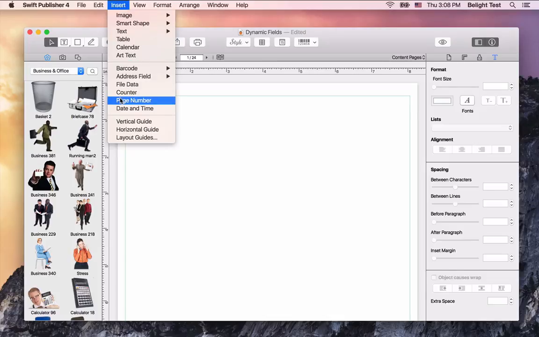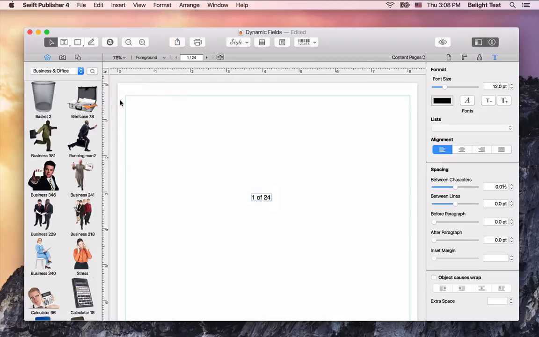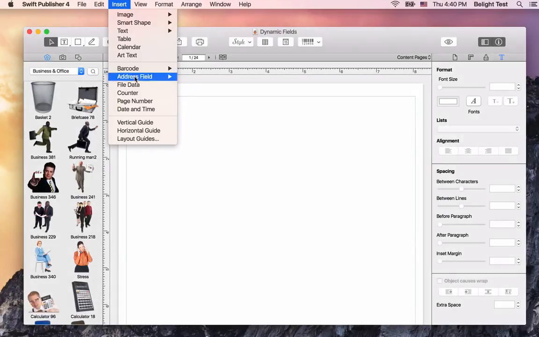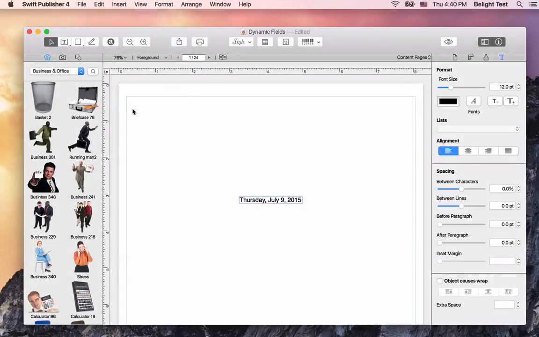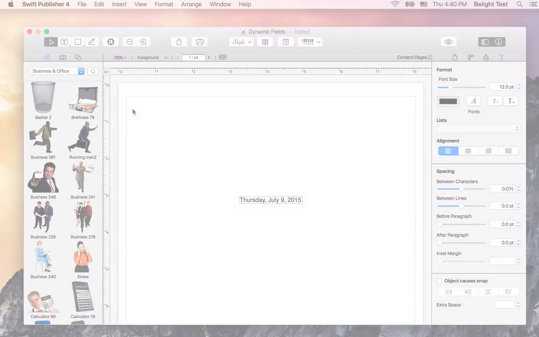As soon as you add a page number field, it shows the number of the current page. It instantly updates if you add, delete, or rearrange pages of your document. Date and time fields simply display the current date or time. Actually, they cannot change every minute or second as a clock, but they update when you open or print your document, and also when you open a page with a field of this type.